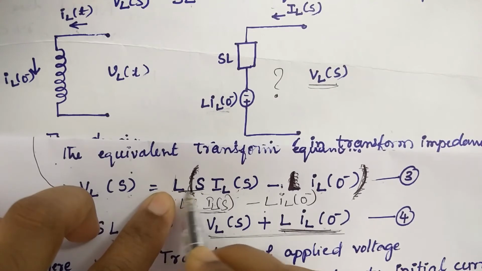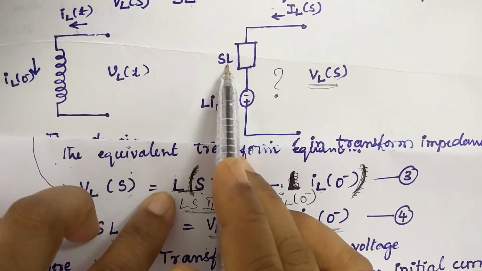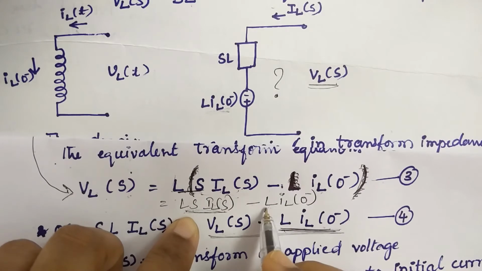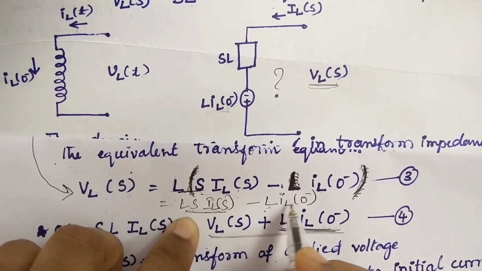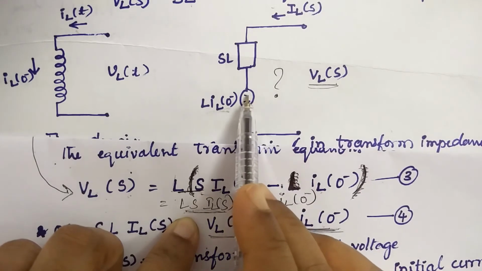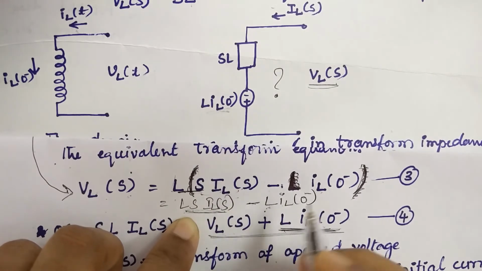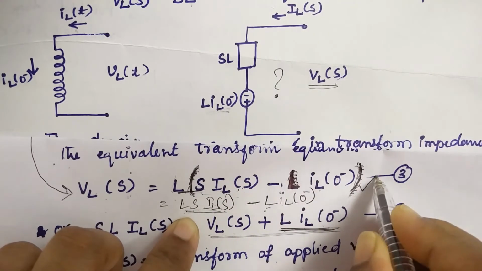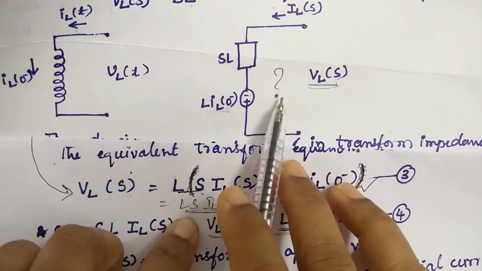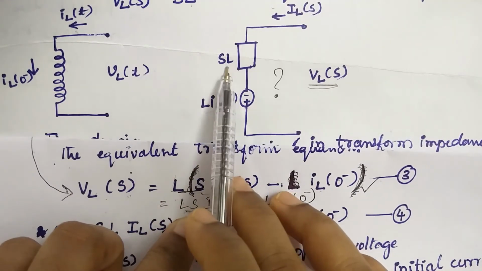SL. So take this as an impedance. So this is the impedance SL. This is a transformed impedance. Now what is the other part? So here is the other part, right? So minus L into IL of 0 minus. You have minus, so you have to take the polarity like this, minus to plus, L into IL of 0, so that this equation will be satisfied. In this way you can write the equivalent circuit. So this is the equivalent circuit in S domain, that too in impedance form. This is the transformed impedance of inductor.